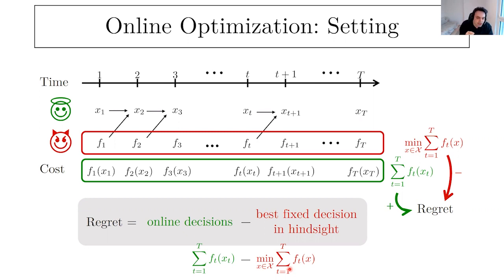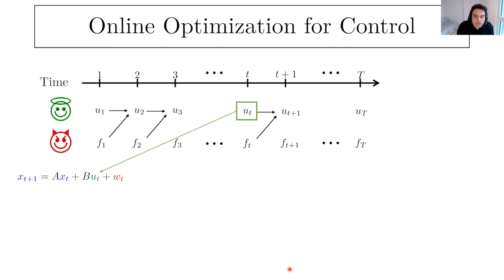And because the audience of this group is more from a control background, it's good to touch on some connection of this problem to the control problems, to highlight what are the non-trivial challenges that you may face if you want to apply it to a control problem. So let me go back to a control problem for, let's say, the next 5 minutes. I'm just going to focus on how a control problem can be mapped to this setting.